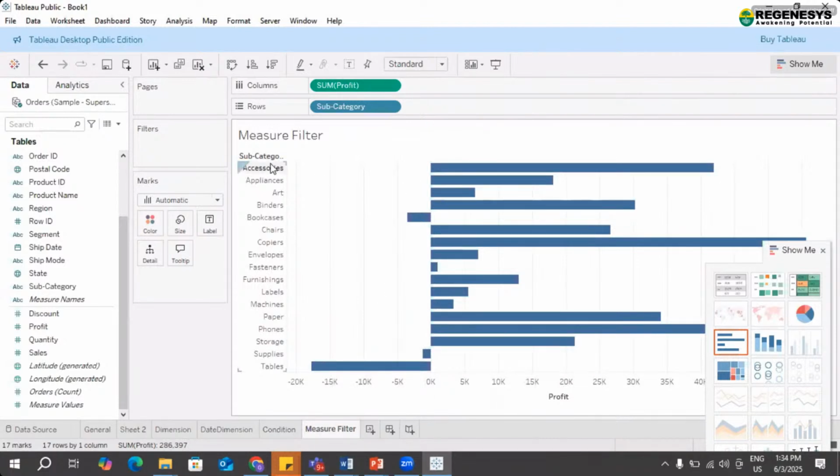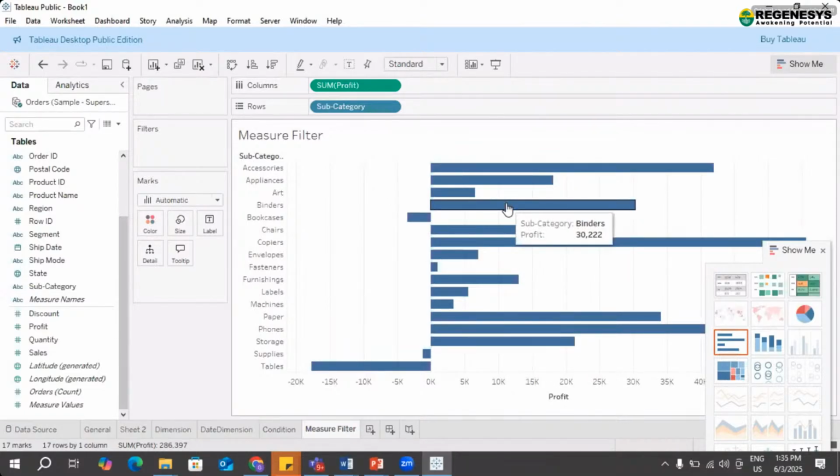So subcategory wise, I am checking for the profit here, and you can see that the profits on this side, going to the left, are negative, and here on the right side all are positive.